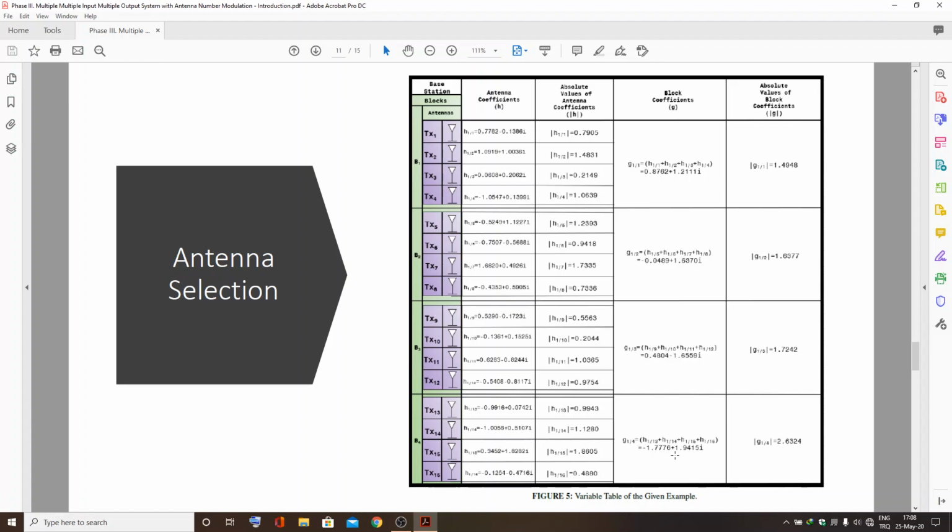So let's start with this one. As you can see here, the highest channel coefficient value is TX15, and then it is TX14, the third one is TX13, and the last one is TX16. So we are going to be activating the 15th and 14th for block 4,